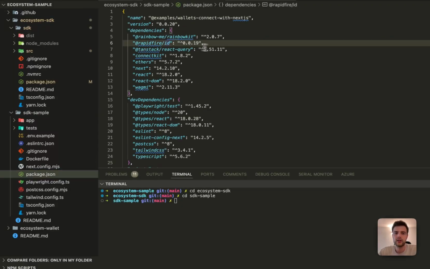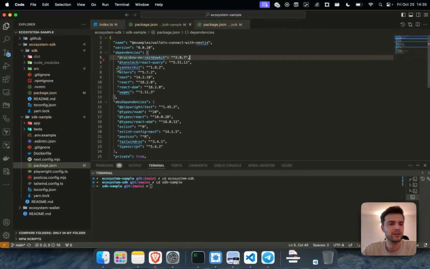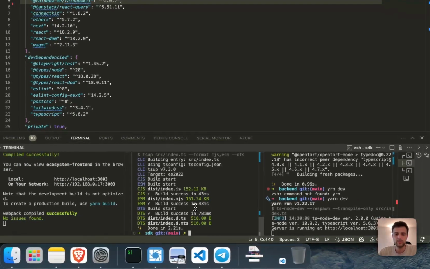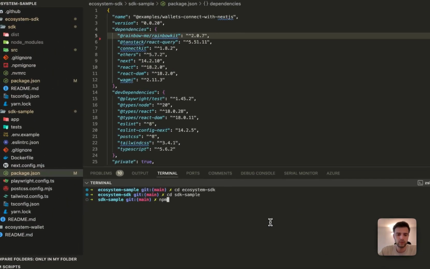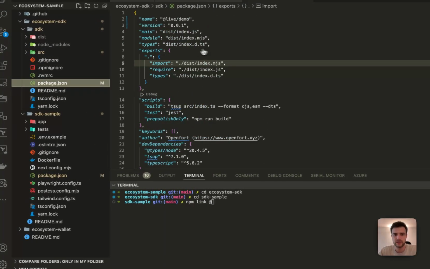So basically, we can uninstall the one from the current example, and we go into our compiled code and we do something like npm link. So this will basically tell that we want to install this destination on SDK sample, and we go back here and we do npm link and the name of our SDK, which is in this case live demo,